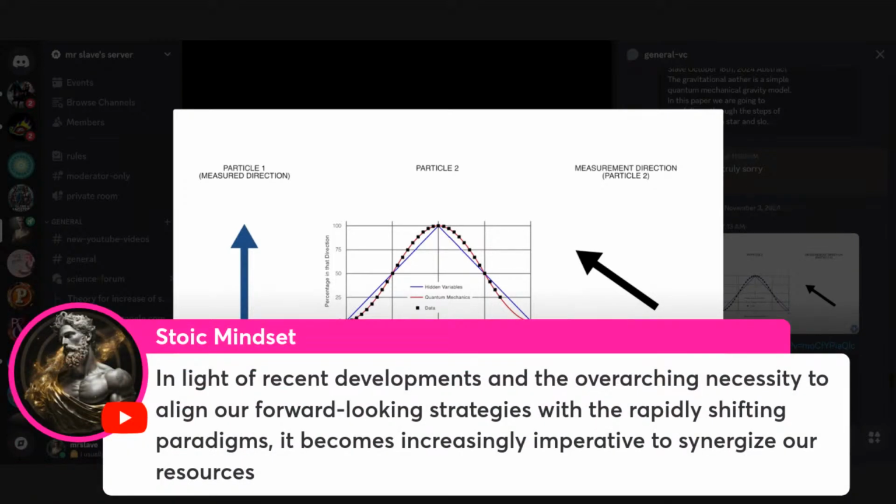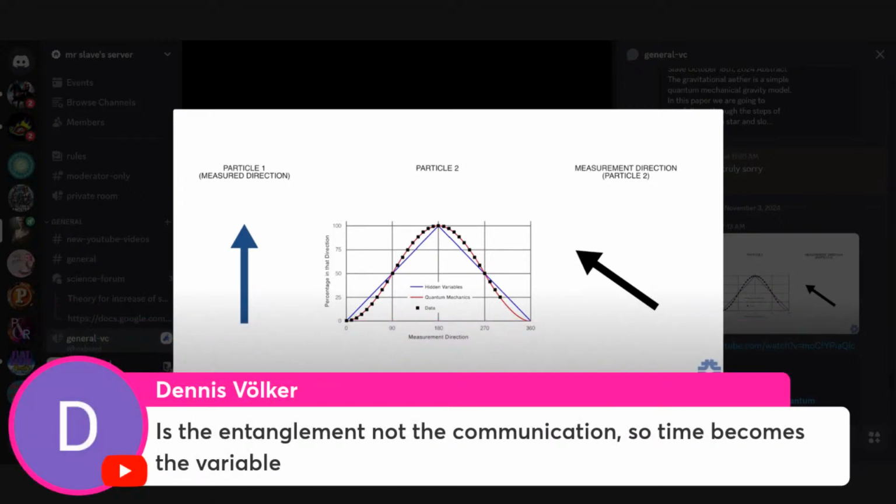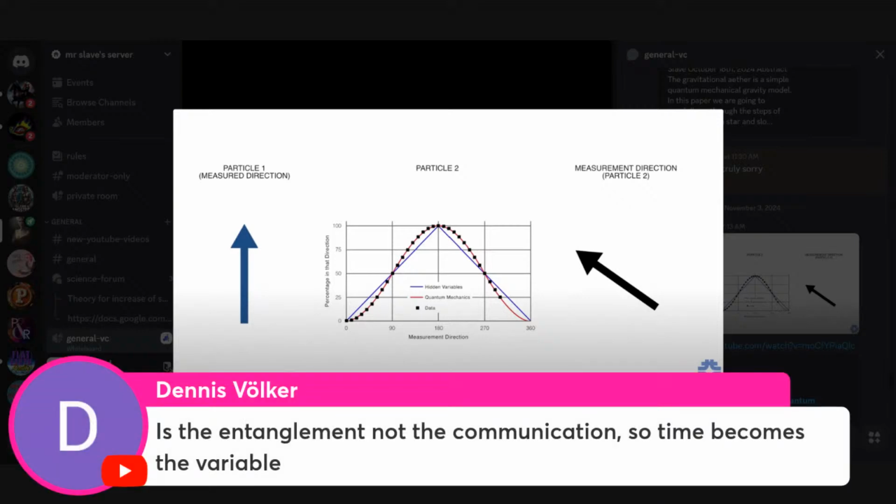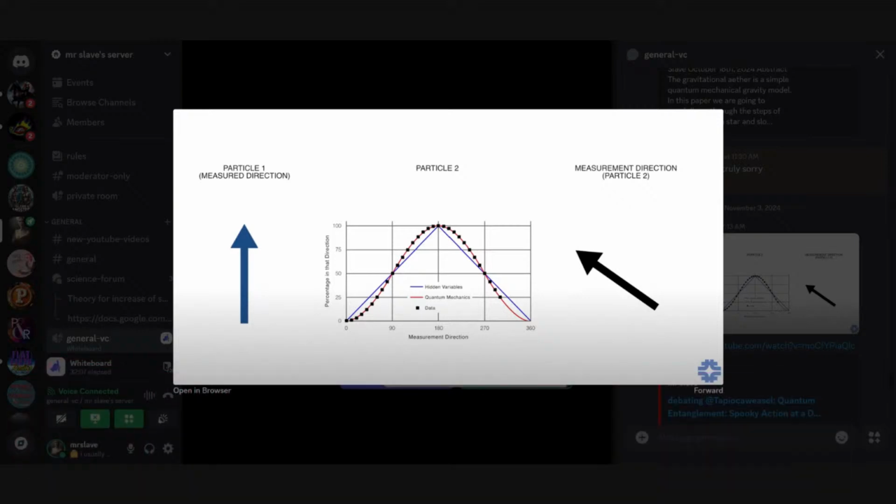Also, Stoic Mindset: in light of recent developments and the overarching necessity to align our forward-looking... He always just spouts nonsense. This is from 45 minutes ago. Oh, there's 4 people watching us. That's very nice. Okay, so